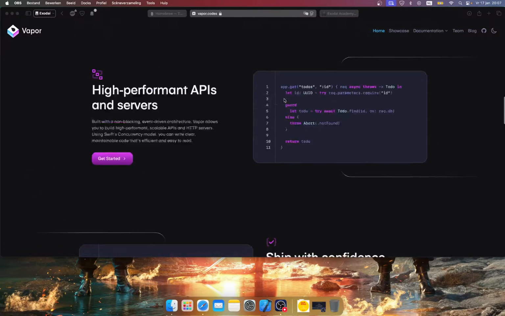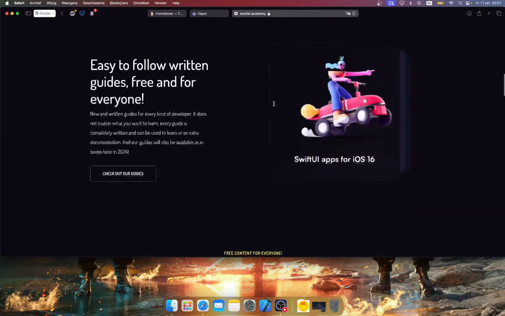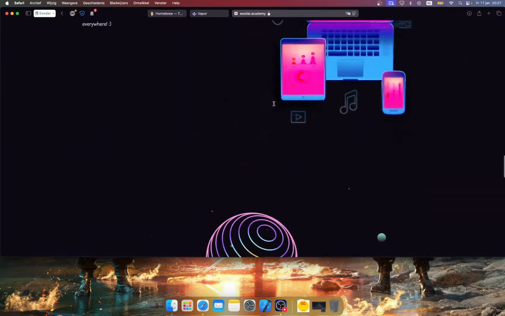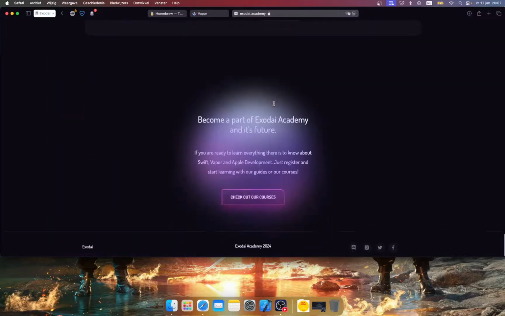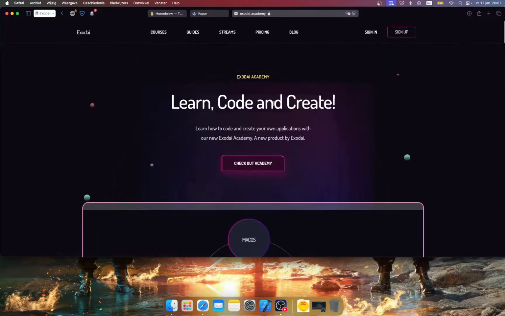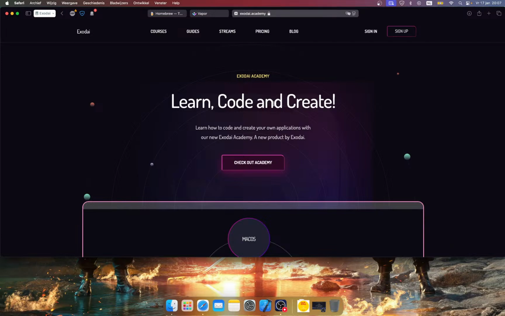And if you are wondering, XDI Academy, for example, is completely built in Swift. So the front end as well, the back end, the APIs and everything. And it's a really powerful framework, right? It's really easy, it's really cool to use. And I think you're gonna enjoy it. Okay, so if you're ready, let's get